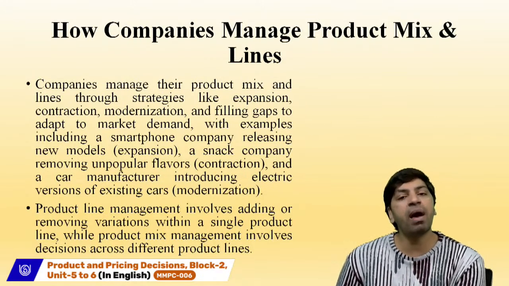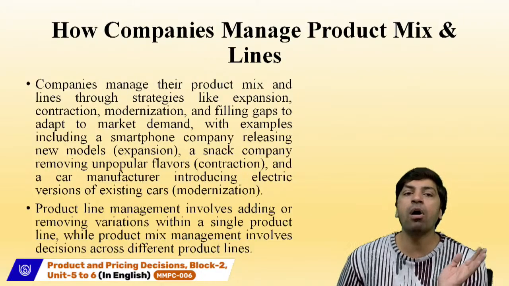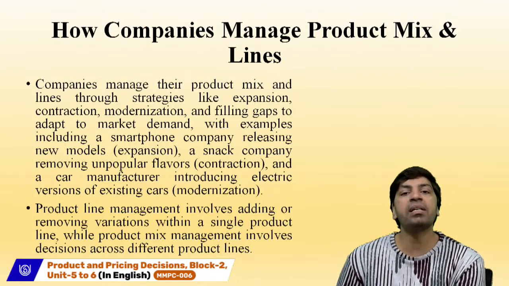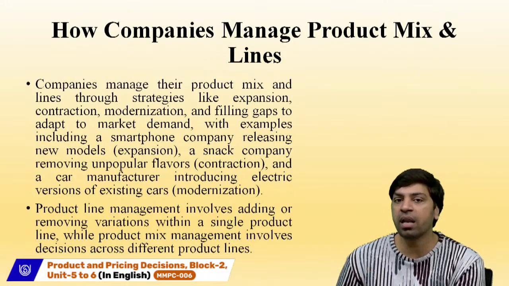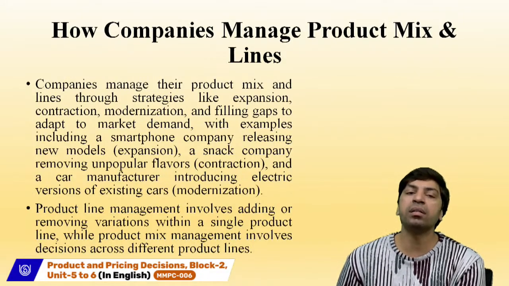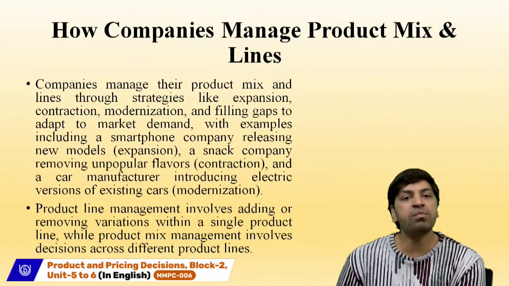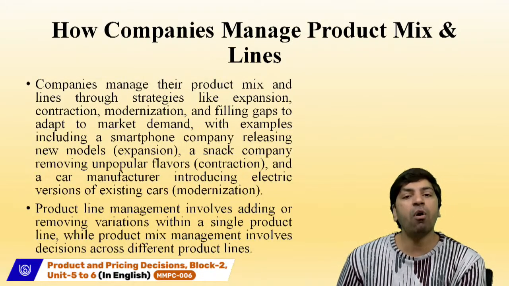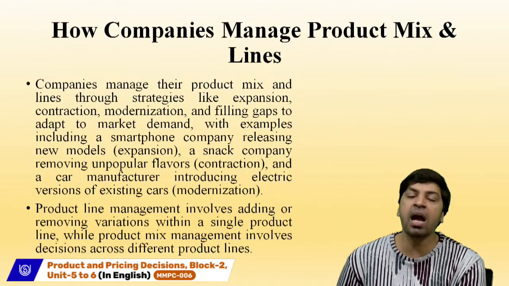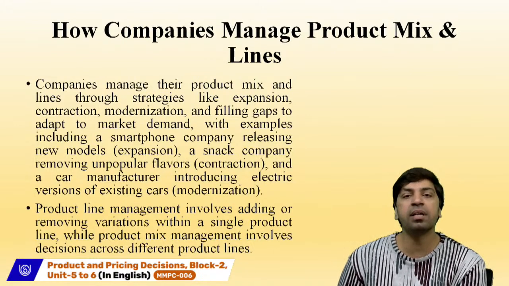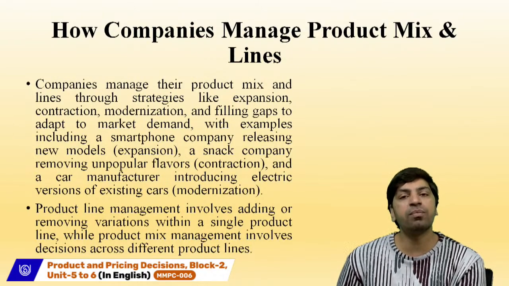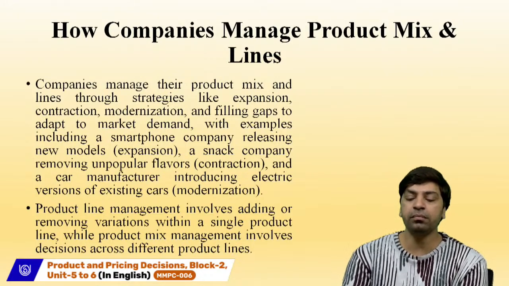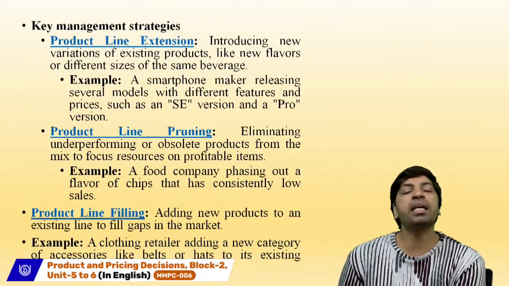So product line management is always adding or removing variations of the existing product or a single product line. That's called product line management. Product mix management, meanwhile, is all about decisions taken across the different product lines regarding their product, their prices, their promotion, and how to manage the physical distribution factor. So these are the key management